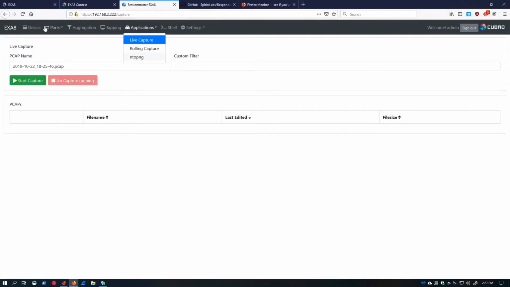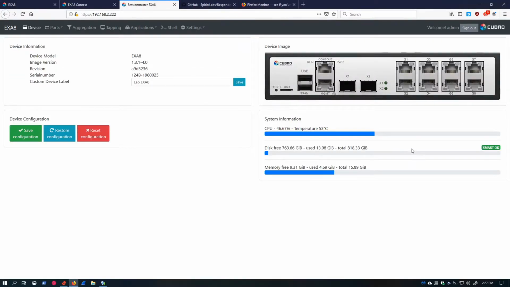Now next we have our physical interfaces. So we have our two 1 in 10 gig copper, or I'm sorry, 1 in 10 gig SFP plus interfaces, and we have our 8 copper interfaces. Now a note about these, the copper interfaces feature a built-in bypass functionality. So from top to bottom, in each of these sections, these will maintain the live link even if power is lost. The relay will flip over and it'll maintain the live traffic flow even if the EXA8 has no power